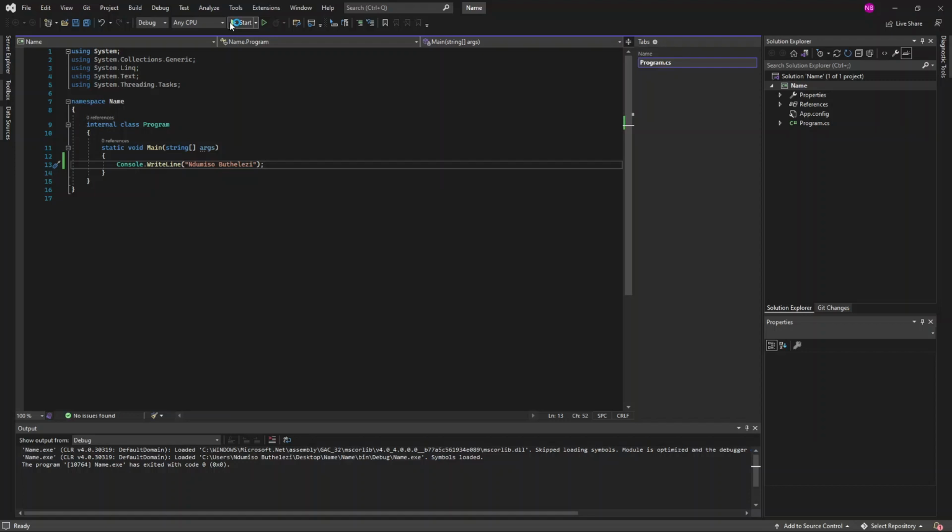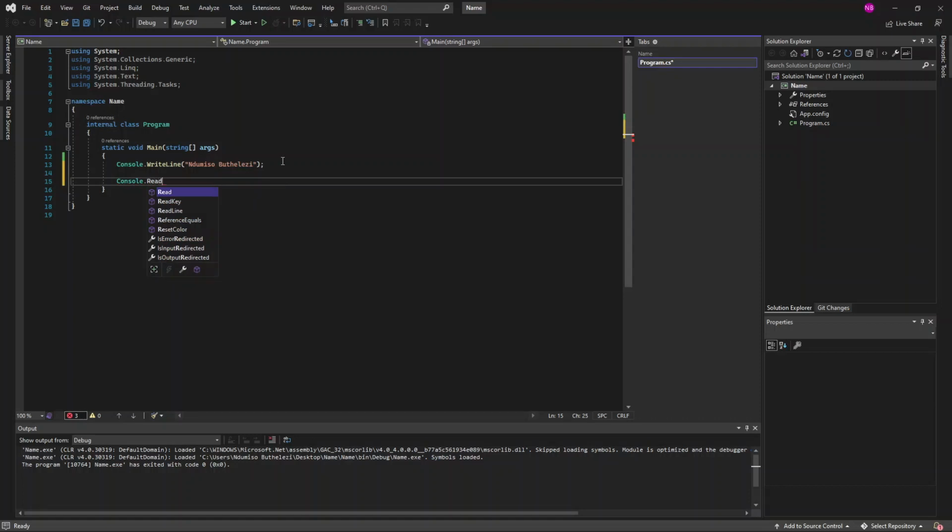So here's the thing. We wrote our code here. The console did pop out, but we did not get to see our message. And the reason we did not get to see our message was because we did not tell the computer to stop the code from running, as in to let us view the message. And how we can tell the computer to do that is pretty simple. We just say Console.ReadLine. And when you hit run,